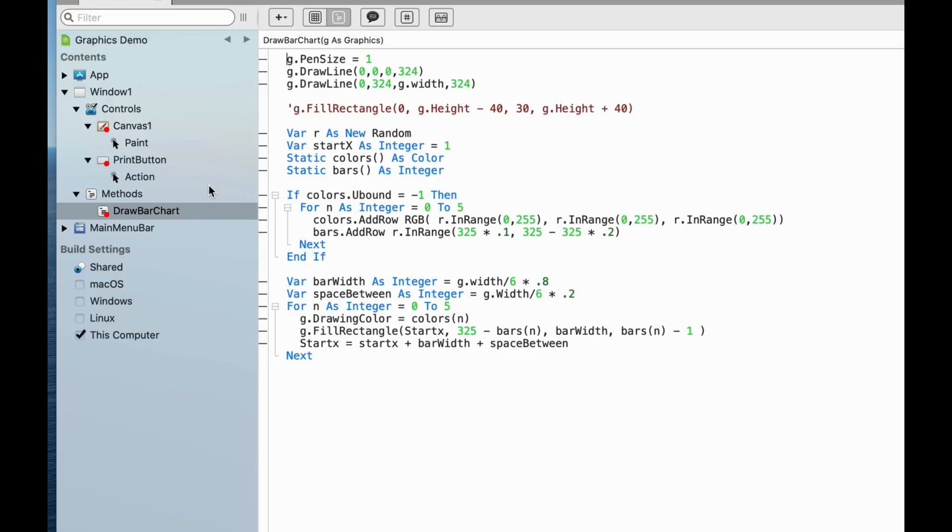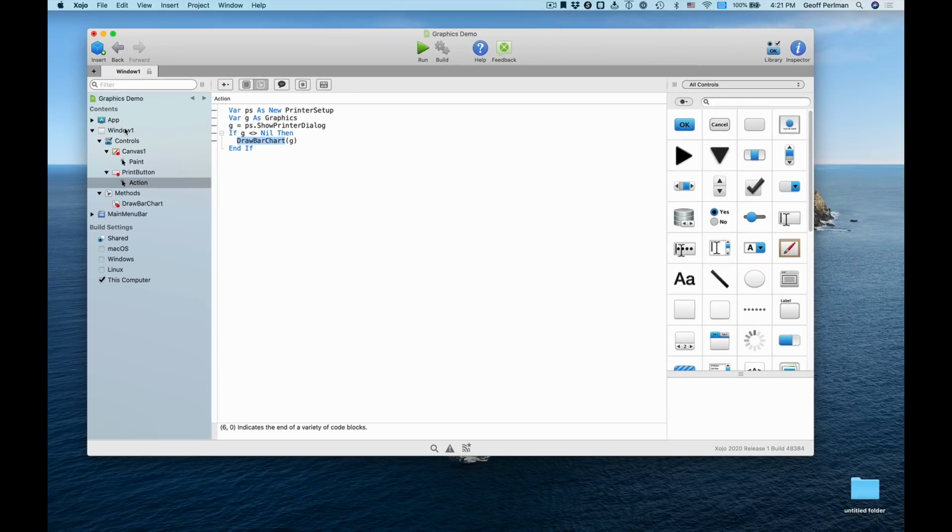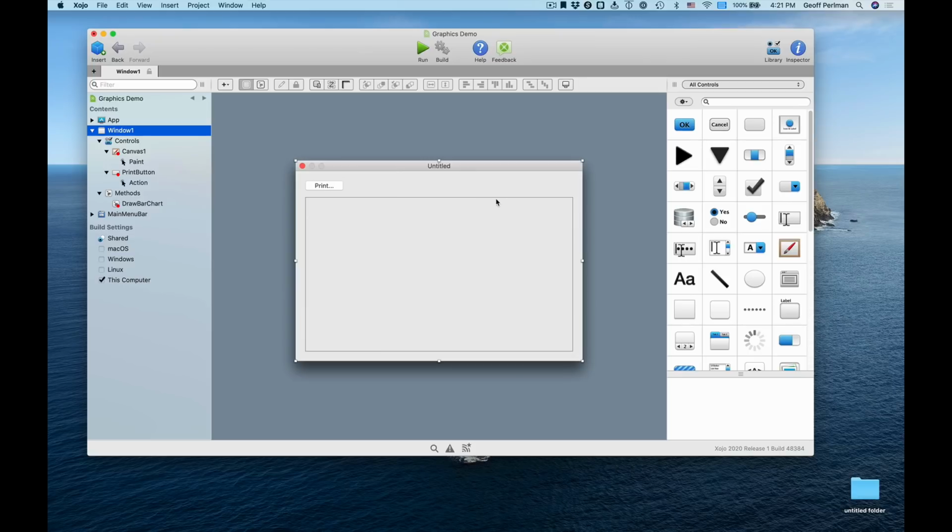And as you know, if you've done graphics before, you can do the same thing with the printer. In my print button, I have the print dialog coming up with the show printer dialog. It returns a graphics object. I can then pass that graphics object to my drawBarChart method and basically use the same exact graphics code whether I'm drawing to the canvas or to the printer. Now again, that's nothing really new, but I want to show you something we're working on right now for a future release of Xojo. I'm going to add a button,